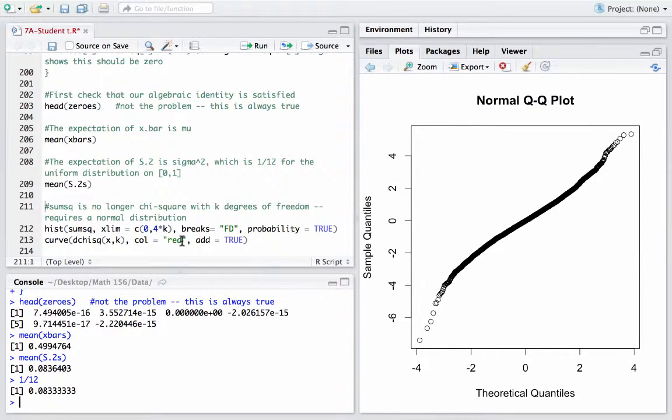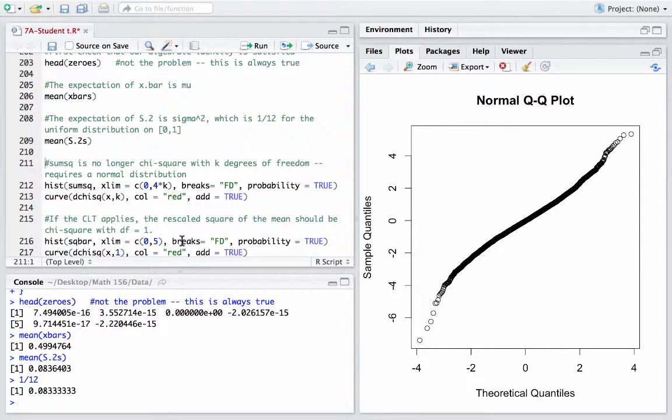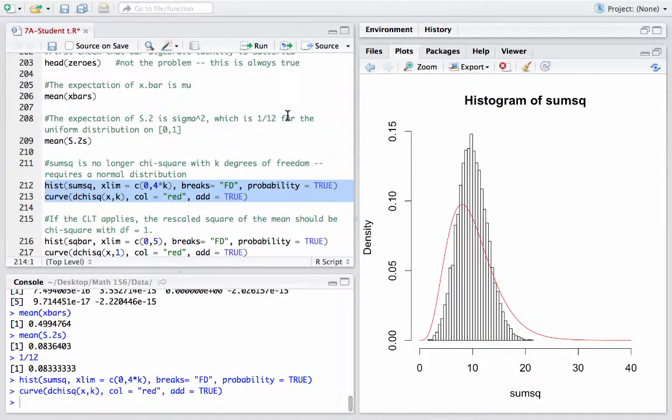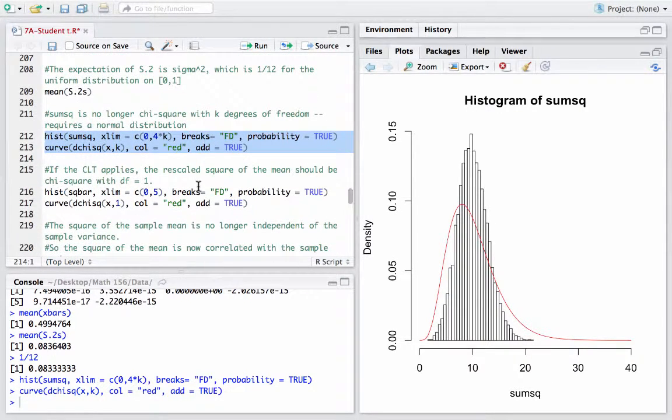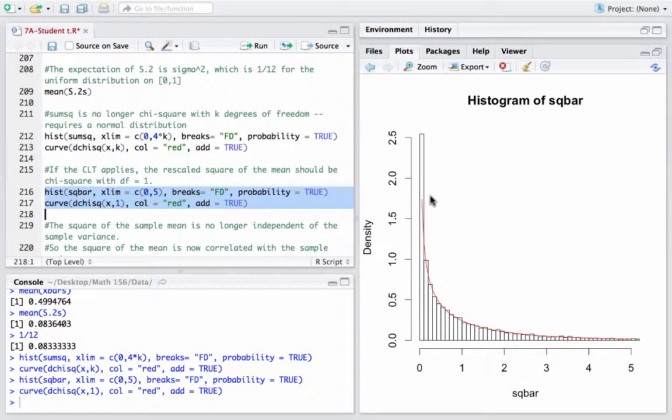Quite close, actually. However, the sum of squares is no longer a chi-square distribution, because chi-square distributions are sums of squared normals, and sums of squared uniforms are something else. You see, they are, again, central limit theorem in action, close to normal, just not described by this chi-square distribution anymore. However, because the sample means are approaching normal thanks to the CLT, the rescaled square of them should be close to a chi-square with 1 degree of freedom, and in fact it is, because the CLT does apply. It would apply better with more samples,